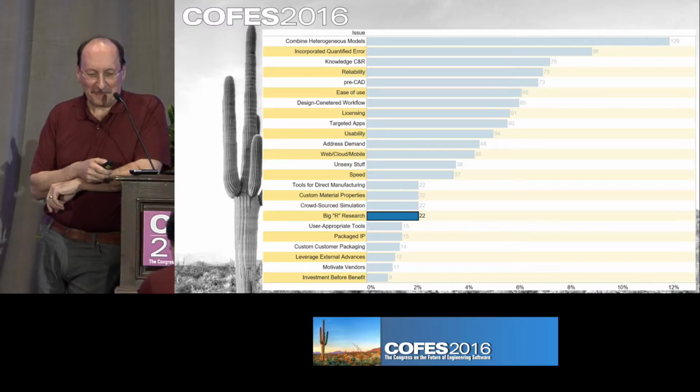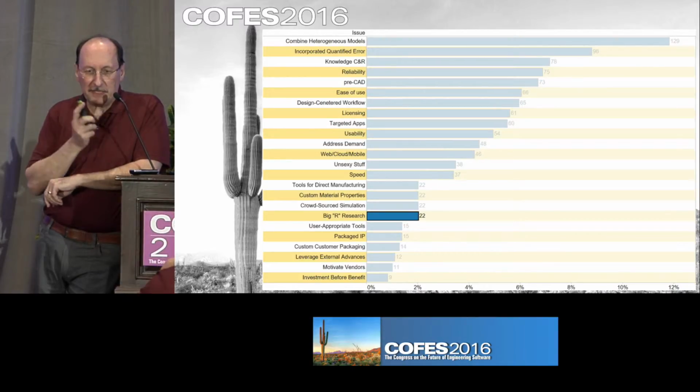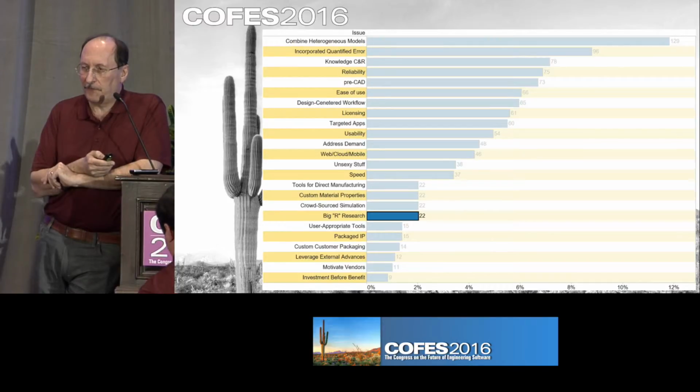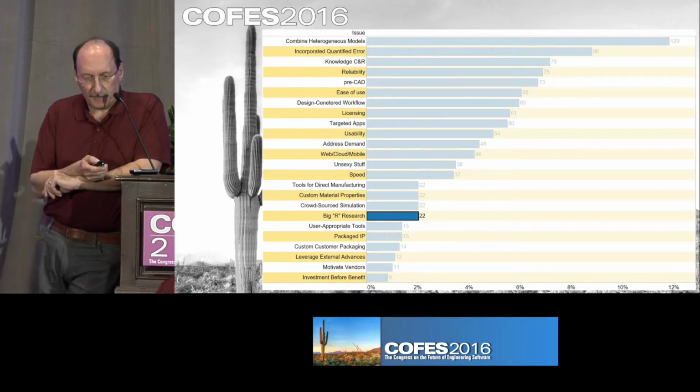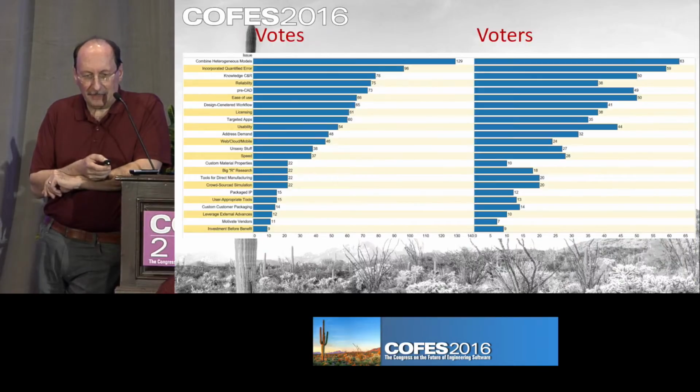This big R research, and you can read the definition of big R research in here. It's about investing for the long term and putting money on things that are not going to have a financial return in the next 18 to 24 months. And so how do we look at this? Well,